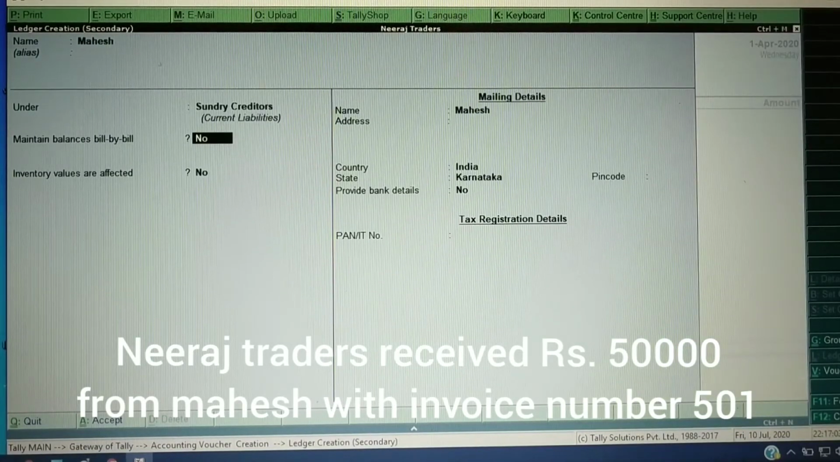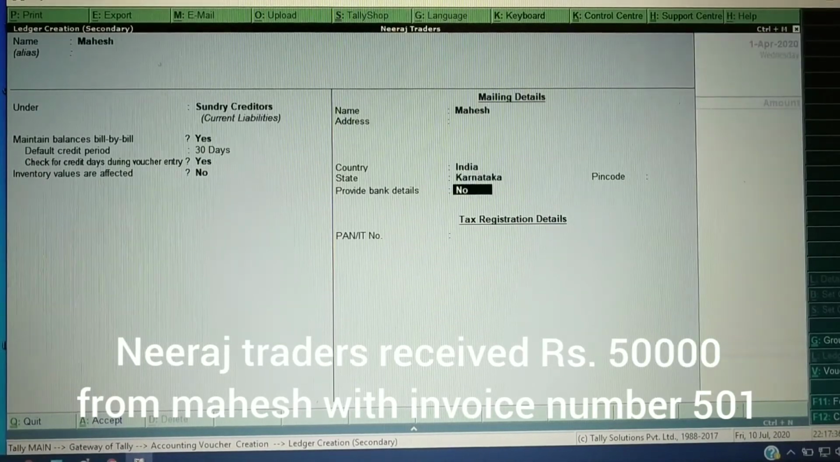Okay. Next here the maintain bill wise details option will be displayed. So this I will make it as yes. And if you want, some creditors or some debtors will have a credit period. Within this period we need to make the payment or else we need to receive the payments. So that period I will take as 30. Sometimes if you want to skip this option we can skip. And I want to check credit days while entering the voucher. So this option also I will make it as yes and save the